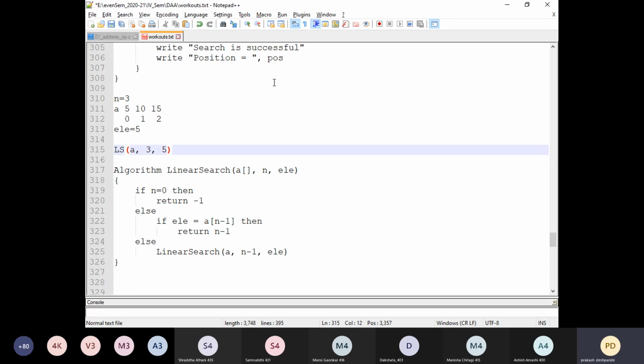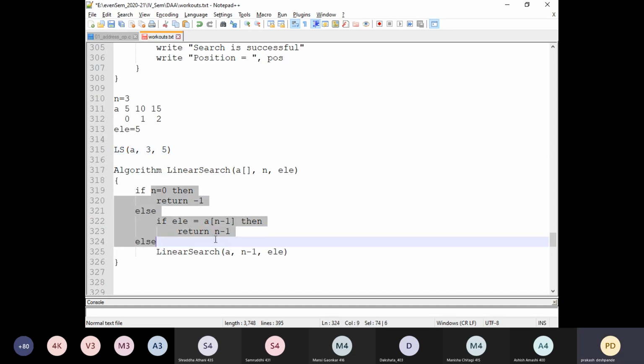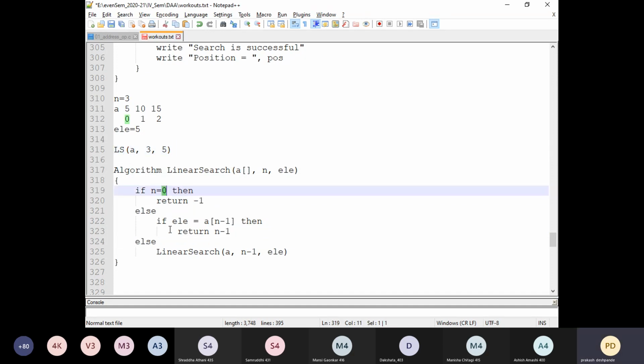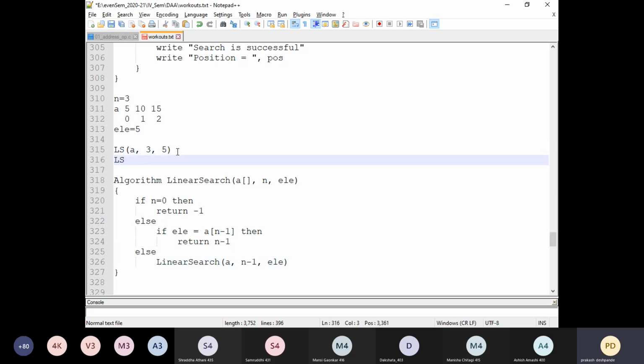Now, definitely this time this particular condition will not be true. Here also it will not be true. It will go into a linear search. In this stage, n minus 1 will be passed for the next time. So next time, the ls will be called by passing a. And what will be the n minus 1 here? 2. And then 5.